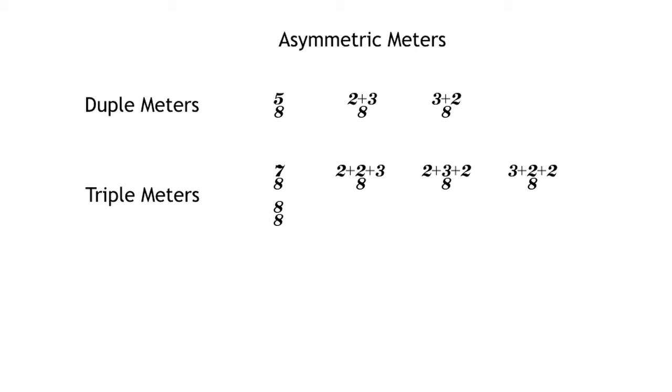Now, if we have three beats, we could have two simple beats and one compound beat, and that compound beat could be the first beat, second beat, or third beat. So if we have it as the third beat, it's a 2 plus 2 plus 3, which sounds like this: 1 and 1 and 1 and 1 and 2 and 3 and 1 and 2 and 3 and